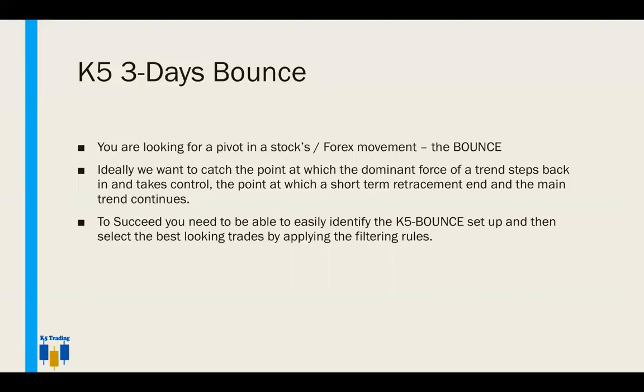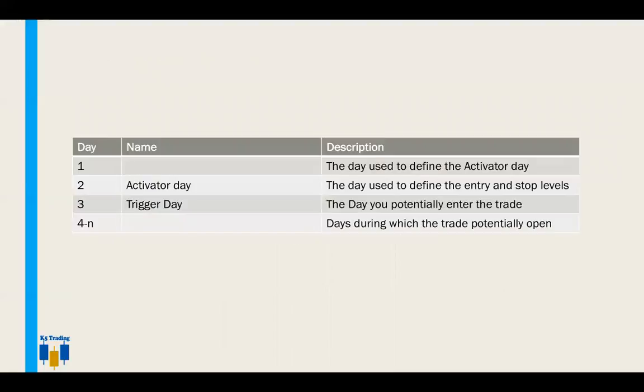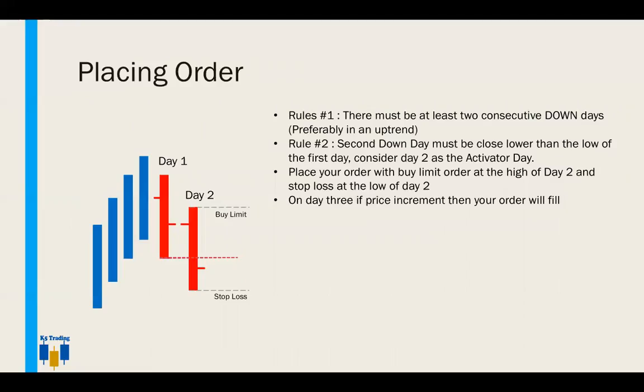Three days bounce period. The 3 days bounce period is very simple. You see, I can actually go to the picture. So this is what I call a 3 day bounce on this one, and the way it works is that the price or your trend is going in the up direction, and then suddenly the prices come down. When the prices come down, this particular bar here